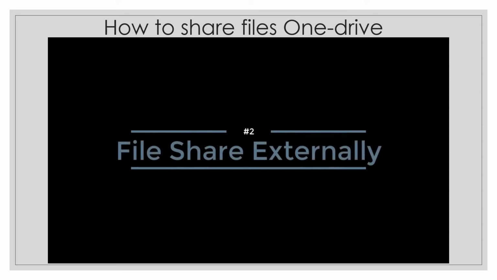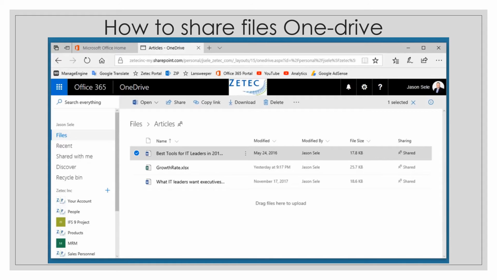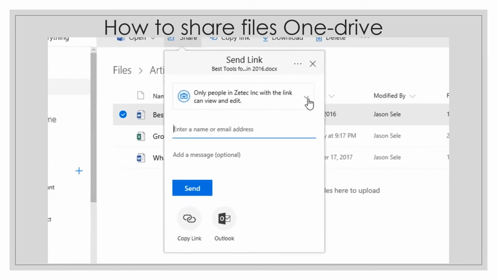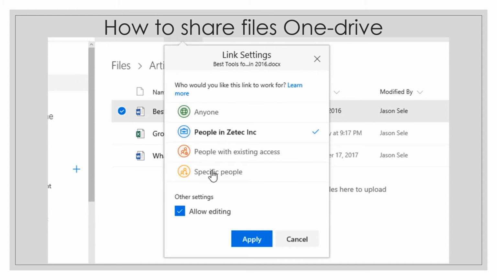Number 2, file share externally. One of the great features of OneDrive is the ability to share files externally outside of your organization. As long as your admin has given you the right to do this, you can come into the menu for a file, click the share option, and by default it sets it to your organization only. But if you change this to specific people,